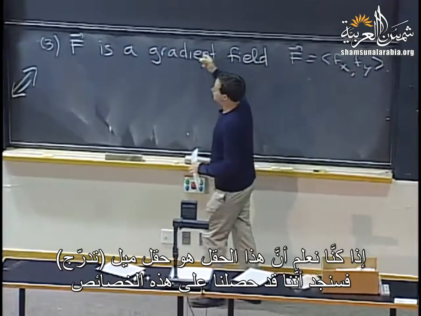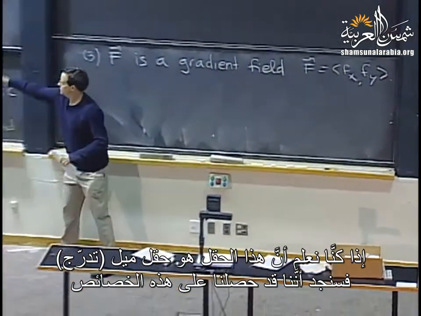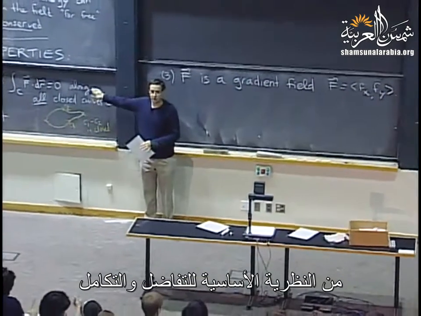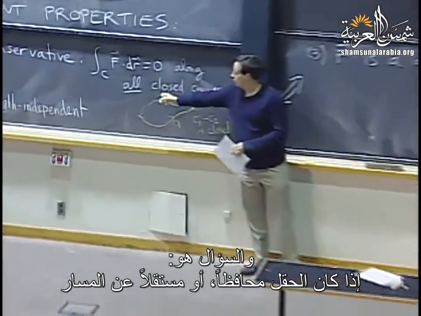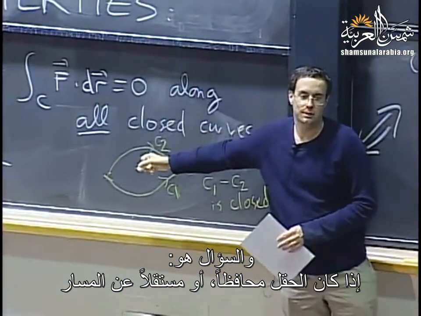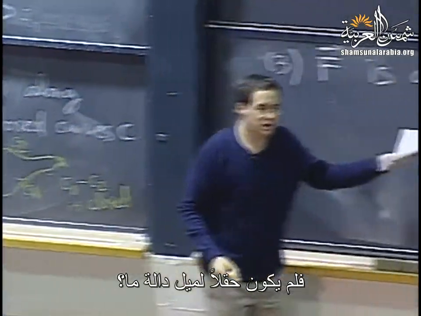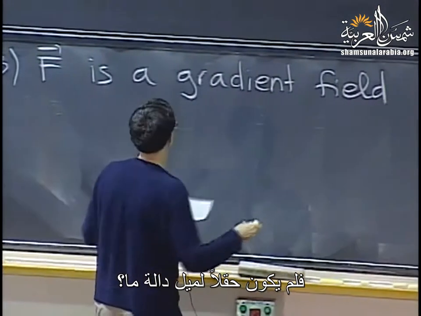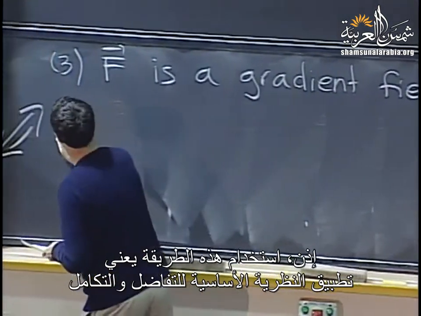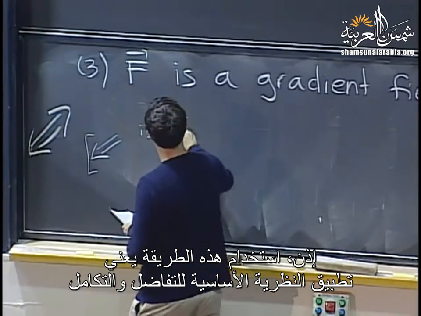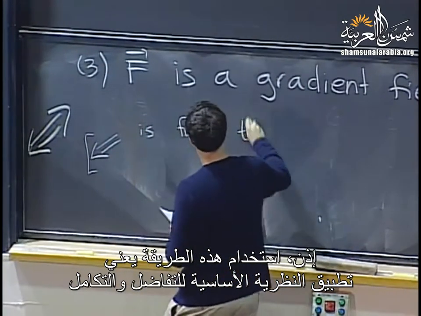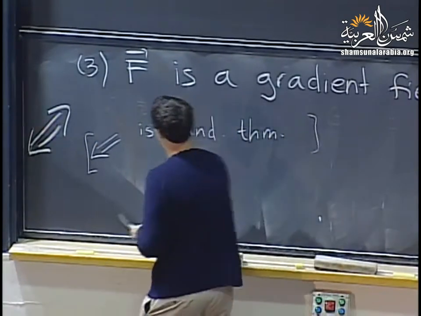Why? Well, if we know that it's a gradient field, then we've seen that we get these properties out of the fundamental theorem. The question is, if I have a conservative or path-independent vector field, why is it the gradient of something? Okay, so this way is the fundamental theorem. That way,